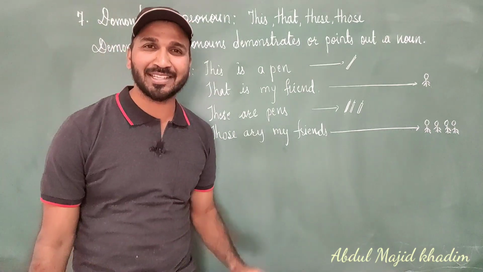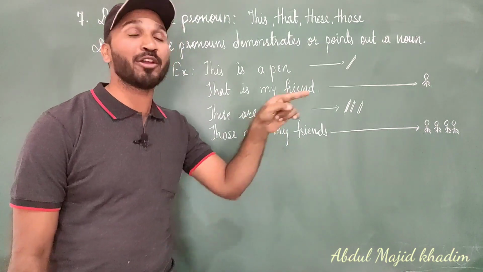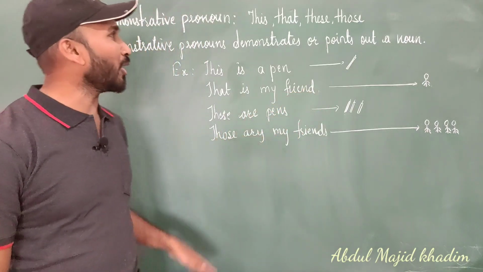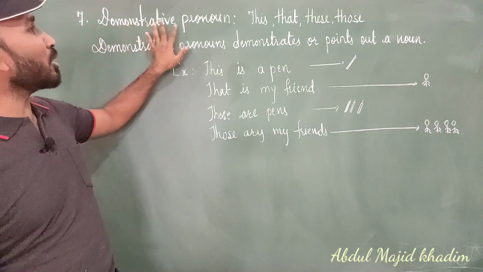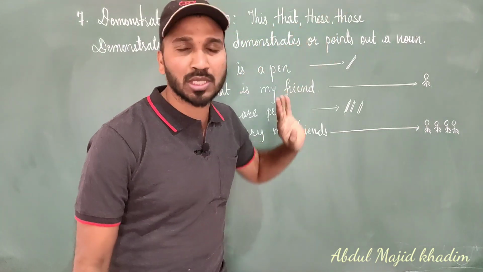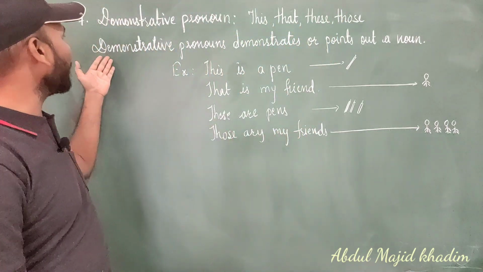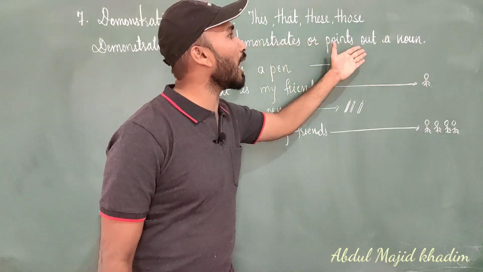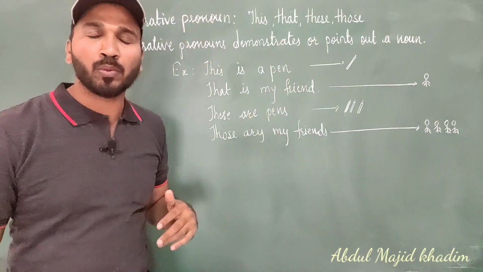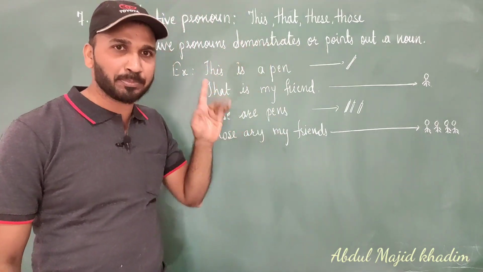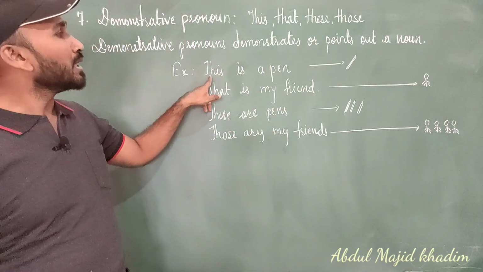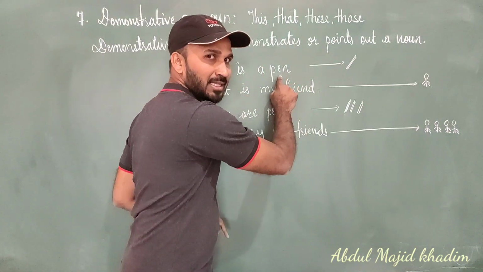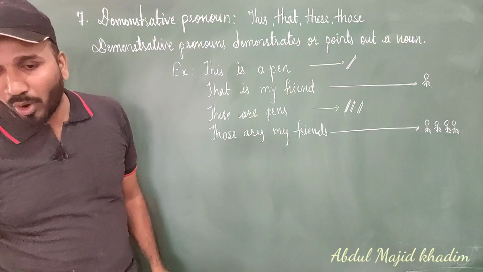Its name shows that it demonstrates, means points out. It demonstrates or points out a noun or pronoun. For example, see here, demonstrative pronouns: this, that, these, those. The definition is here: demonstrative pronouns demonstrate or point out a noun. What do they do? They point out a noun. For example, this is a pen. Pen is a noun, and it is pointed out